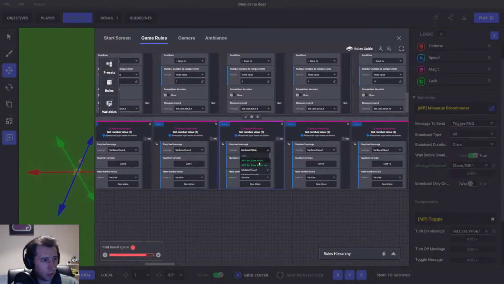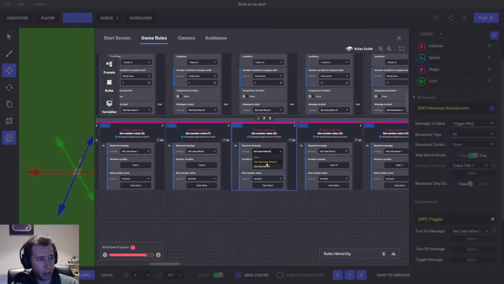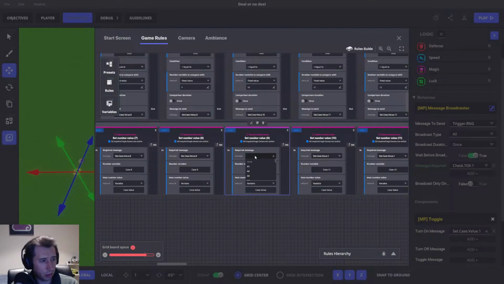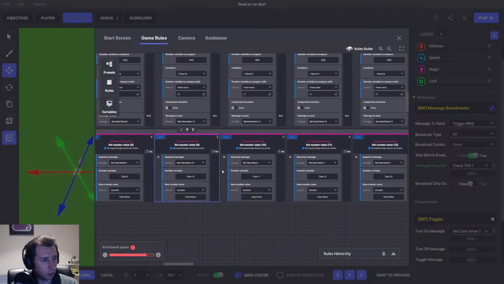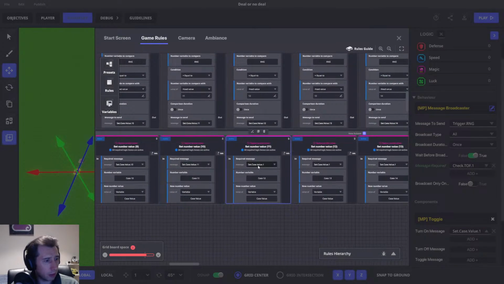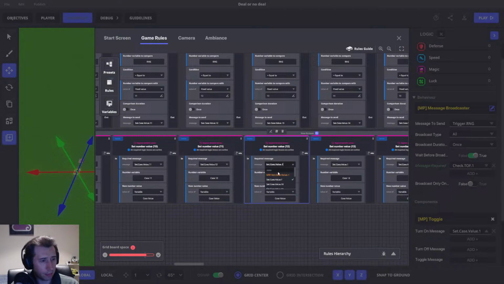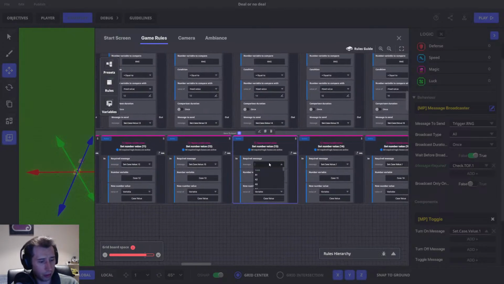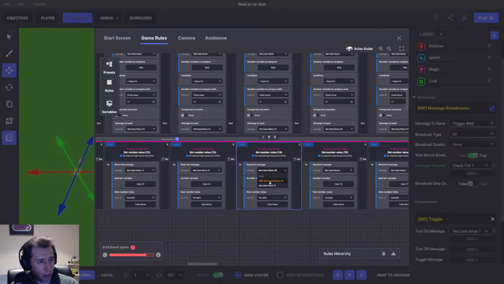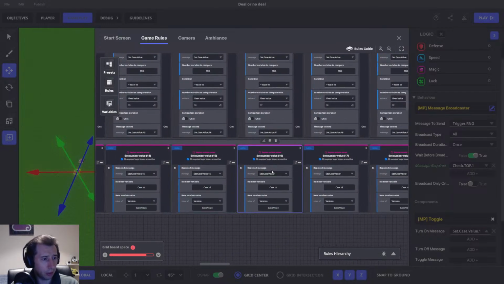And this system could be used for like a deck of cards or shuffling. It wouldn't work so well because there's 52 of them, which is twice as much as what I'm working with now. So you can see how much room and variables this already takes. So having a full deck of cards is probably overkill with this message system and the way I've set up this in the rules. Hopefully in the future though, there will be updates to the rule system where we can send message arguments and store them in assets,